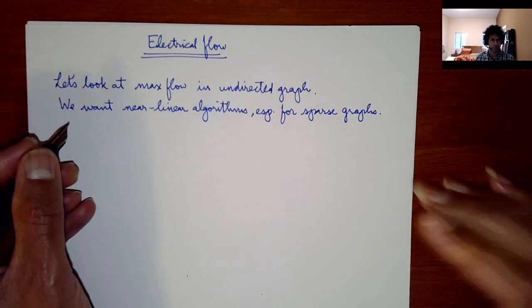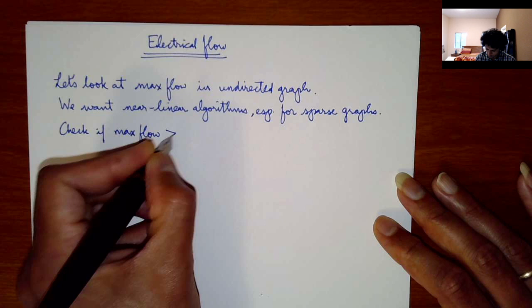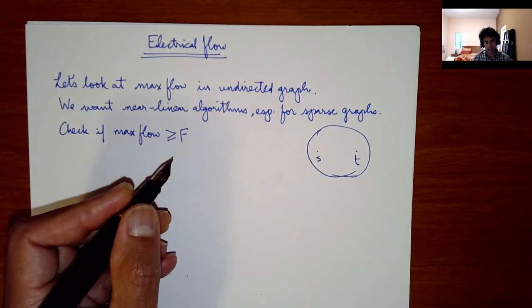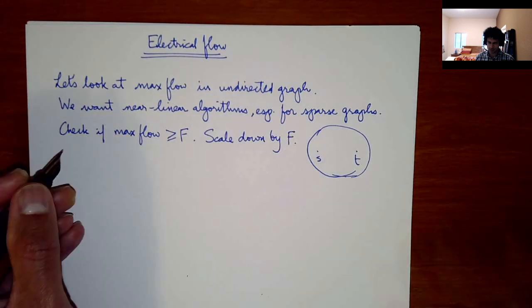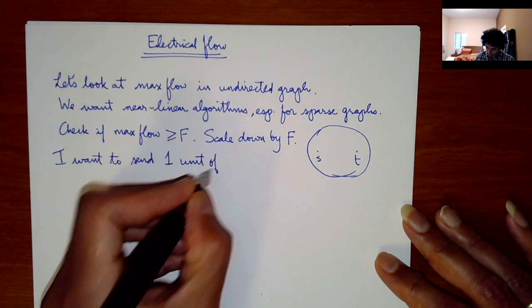Let's just think of feasibility. We want to check if the max flow is greater than some f. Just determine if it's greater than f, then we can do binary search. So here's our graph, here's S and T. So instead of this, I'm going to scale down the problem. I will scale the problem down by f. So I'm going to just scale it down, say I want to send 1 unit of flow